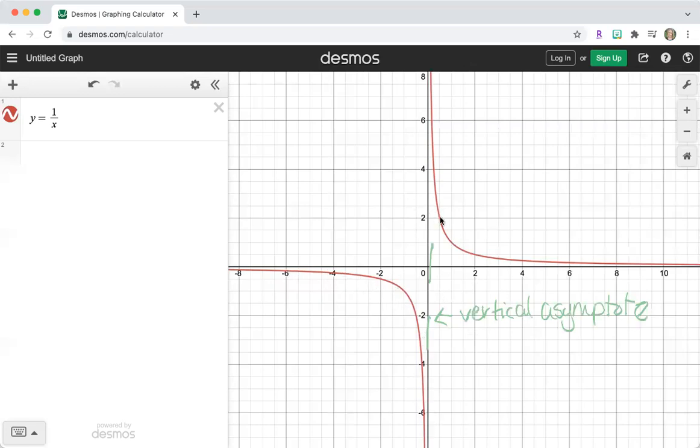And you can see it's actually going in both directions, all the way to positive infinity and all the way to negative infinity. So when it gets close like that and it's approaching this vertical line, it's called a vertical asymptote. In this case, we can also see, going left and right, this one also has what's called a horizontal